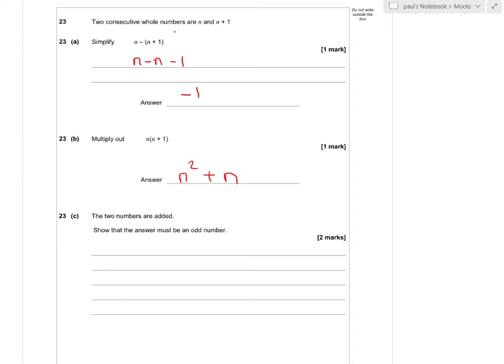Two consecutive whole numbers are n and n plus 1. N plus the two numbers. Is that this? These two? N plus n plus 1. There's 2n plus 1. Show that the whole numbers